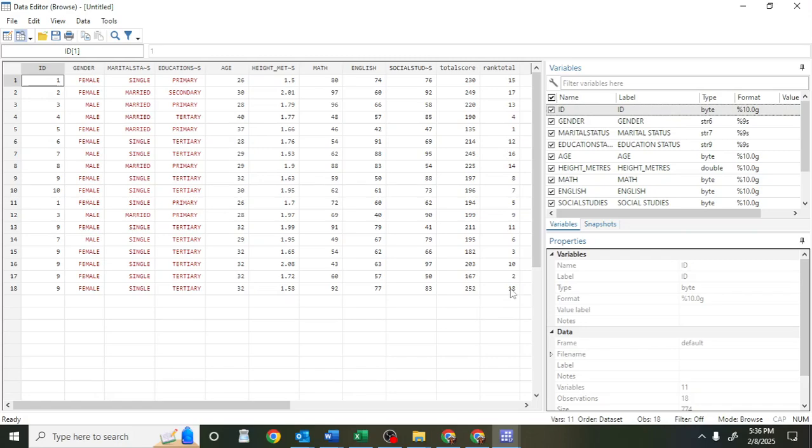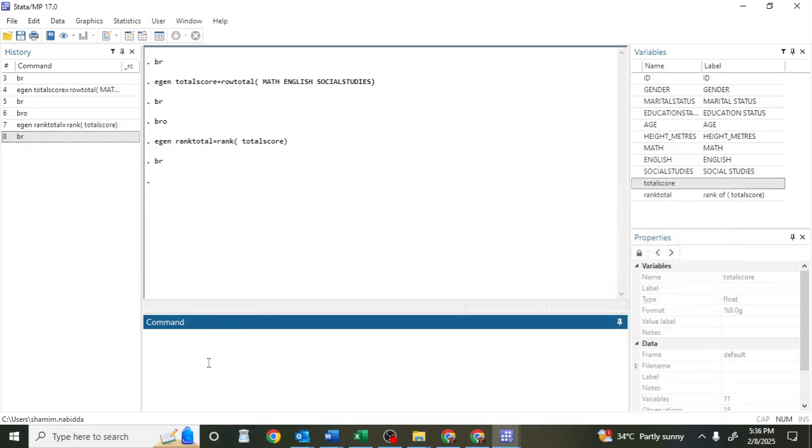So how do we rank in descending order? We want someone with the highest marks to be given the first position. So let's go back to our command window. To rank in descending order, write egen. We want to generate another ranking but in descending order. We are going to say rank total